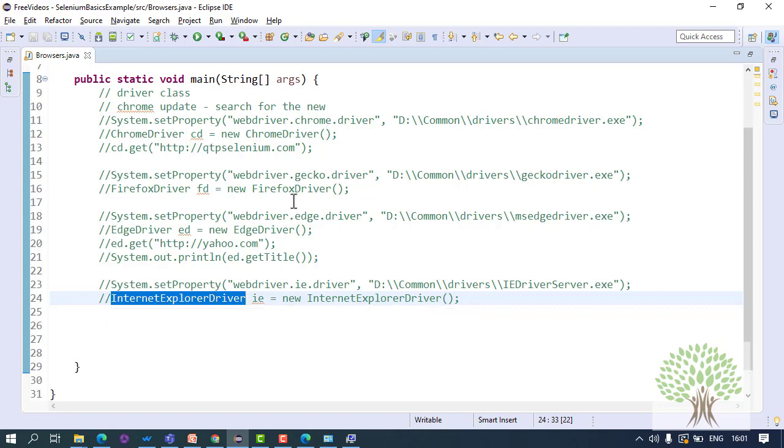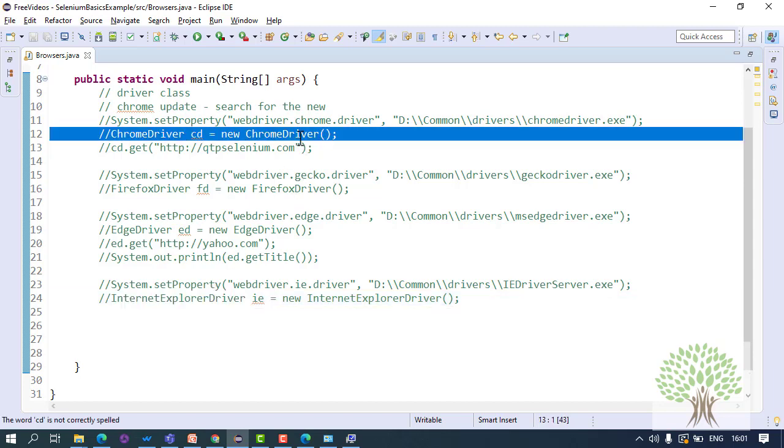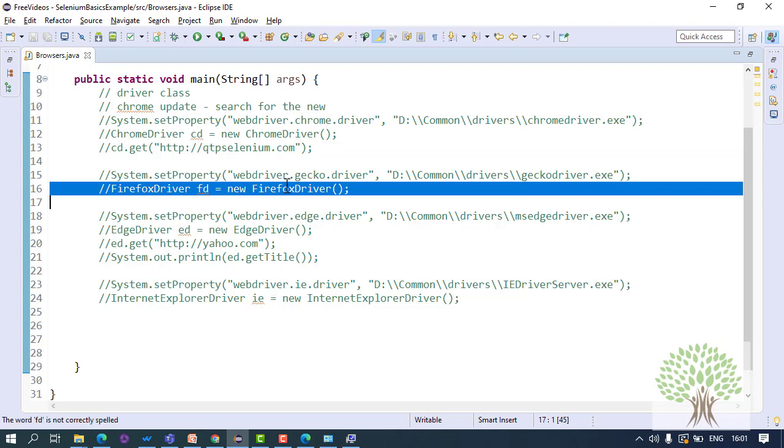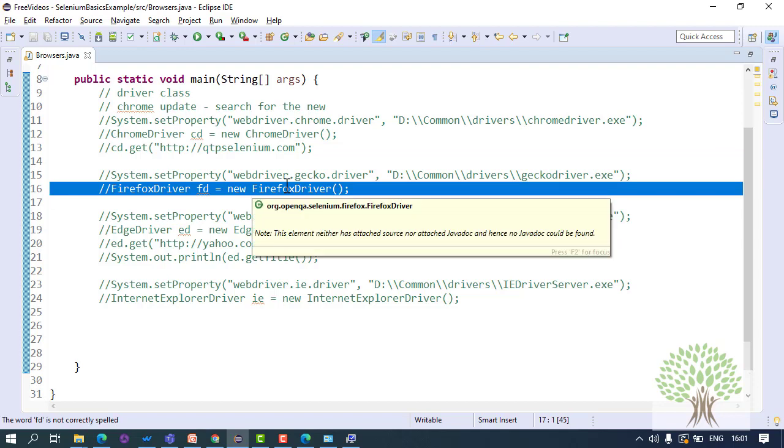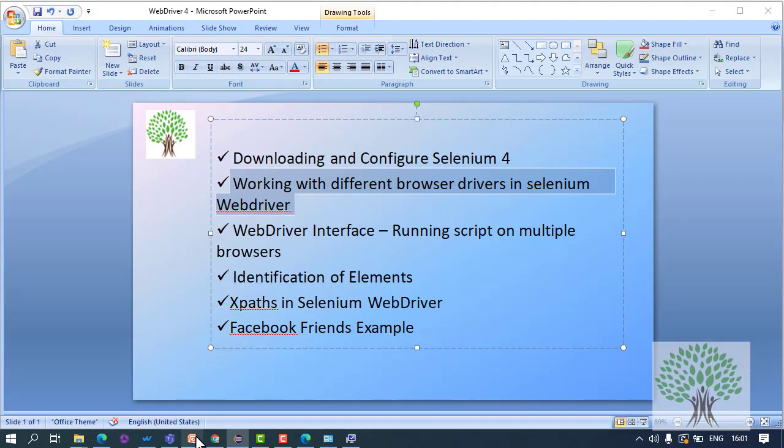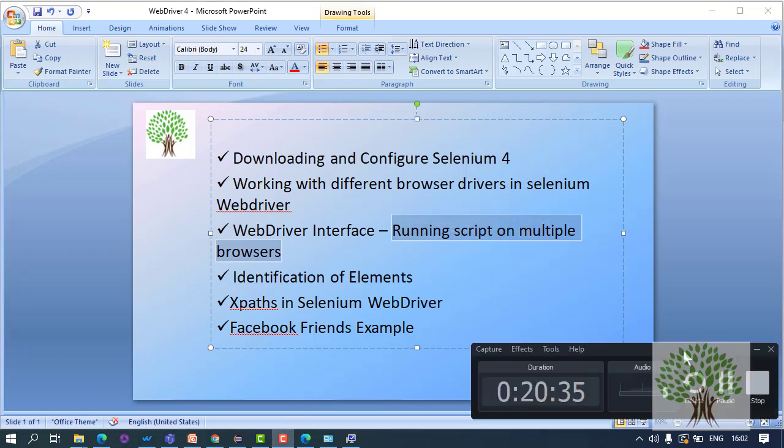Or, if I have to click on a link in Chrome or in Firefox, will the commands differ? Let us talk about that now. In the next part, we will see the WebDriver interface, and you will see the concept of interfaces in Java basically, and we'll see how we can run the script on multiple browsers. Okay, right.